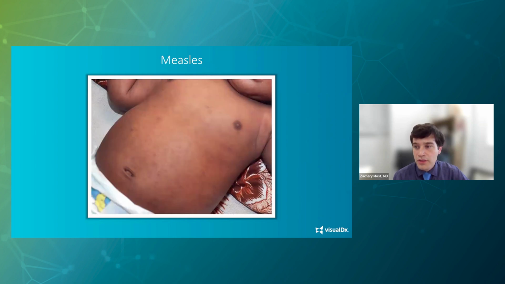It's also important to note that a lot of the classic descriptions of the measles rash do have a bias towards people of Western European backgrounds with lighter skin. Rashes often look very different than the classic descriptions in people of color and people with darker skin. One of the great things about Visual DX as a resource is that you can also find images of these rashes in people of color and can specifically search for it. So here's an example of measles rash on a child with darker skin tone.